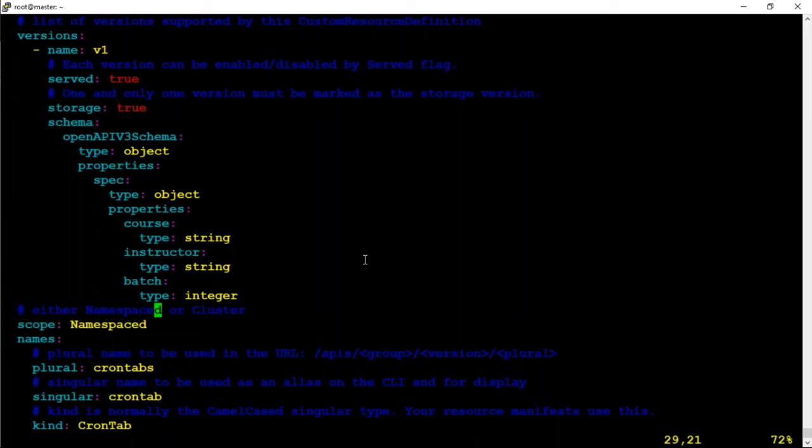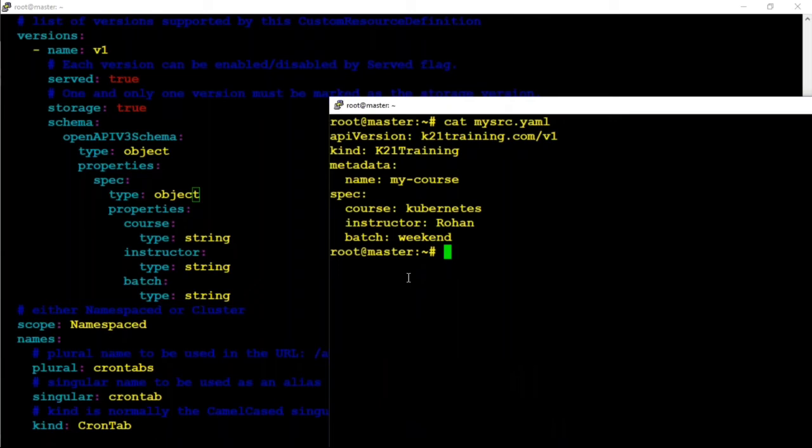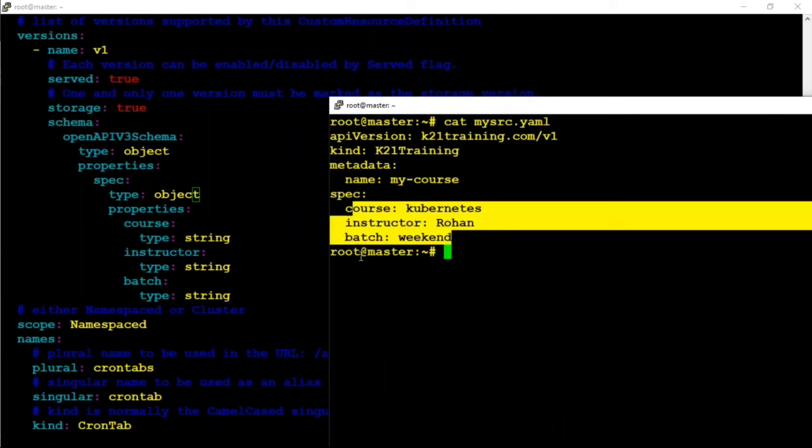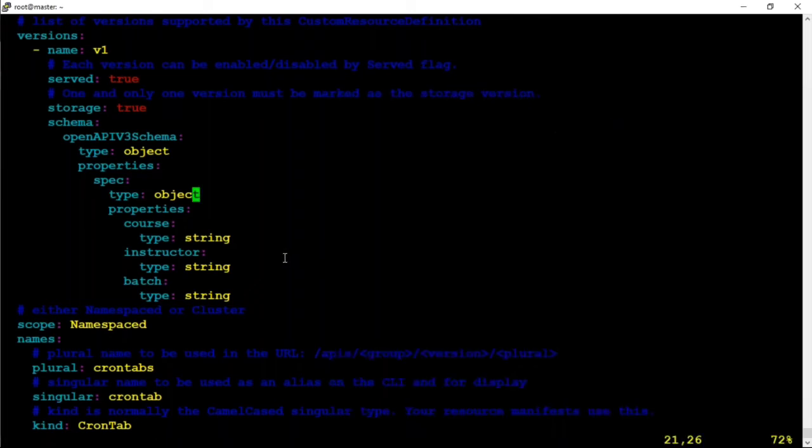That is also of the type string. We will change it to string. So under schema, we have defined whatever the spec templates, what do they look like, right? And then